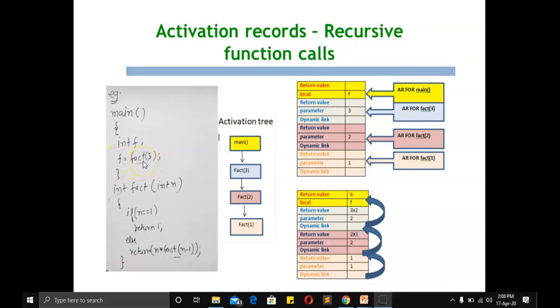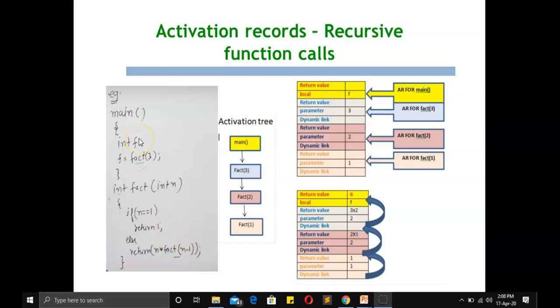So this fact is a function which is declared and defined outside, and this fact is a function used to find the factorial of the given number. Factorial of 3 will be found using this fact function. So 3 is passed as parameter, and if n is equal to 1, return 1, else we are going to call the function recursively until we reach 1.